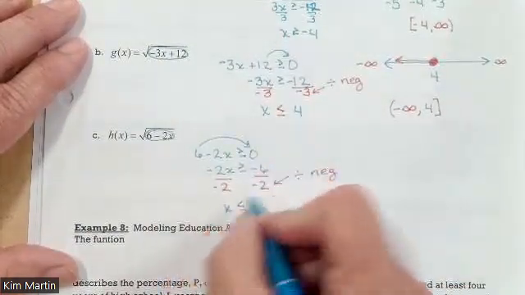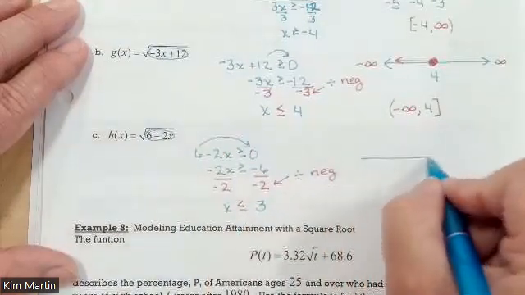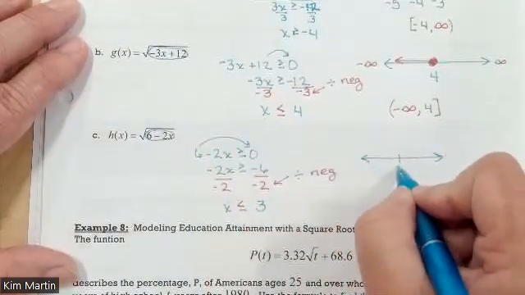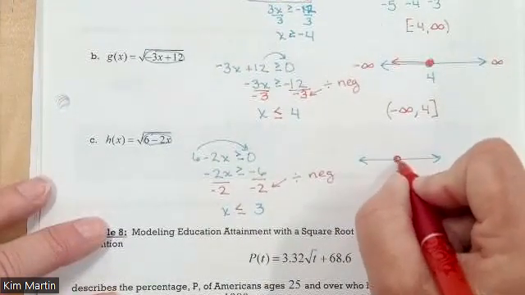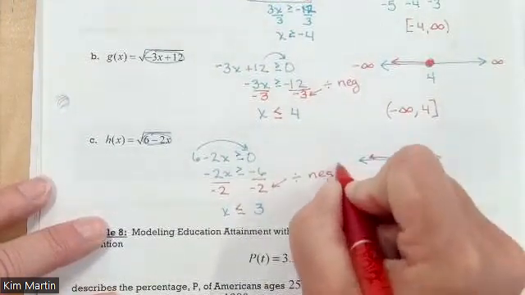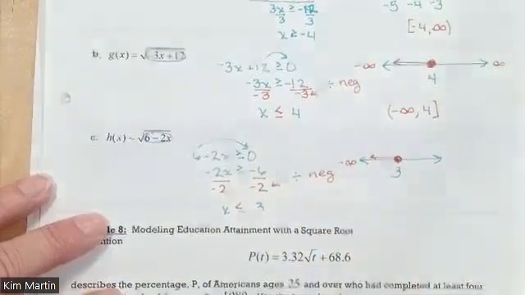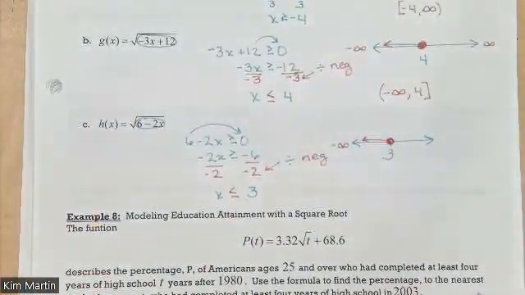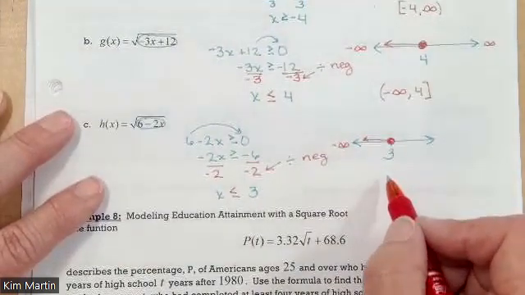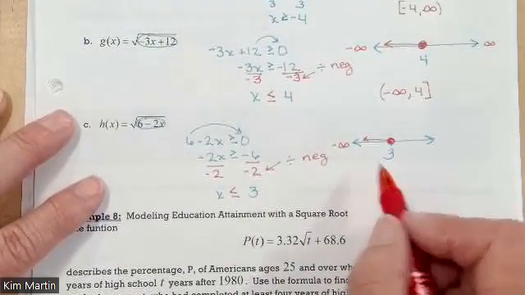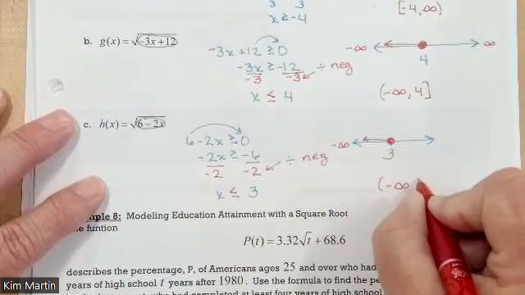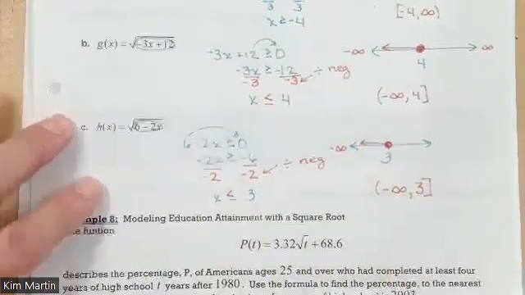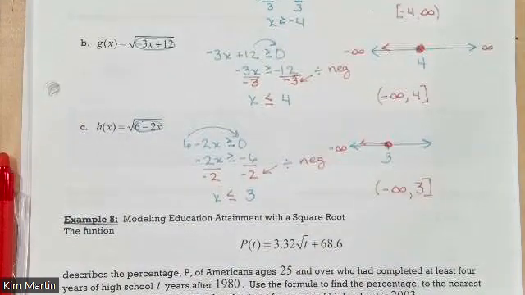And you get x is less than or equal to 3. Here's 3. You're going to do a solid circle, and it's everything this way, goes to negative infinity. The thing about this is most people who miss this will put 3 first. But remember, negative infinity is smaller. It goes first, then 3, and it's a bracket. We will pick back up with this on